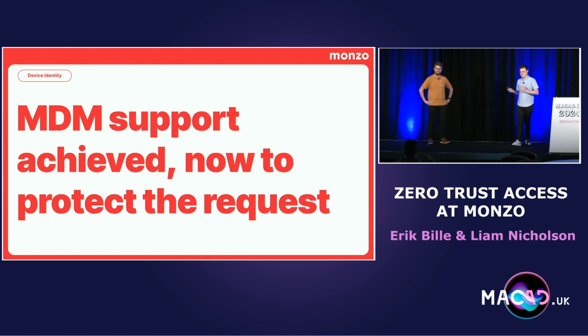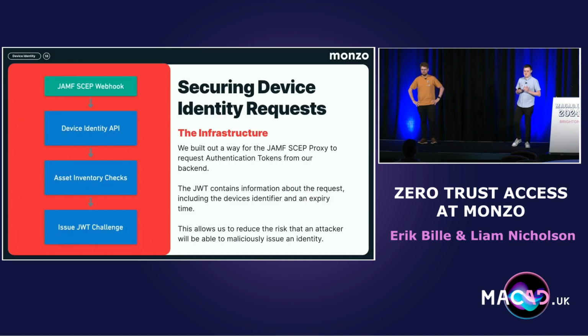Yeah, so thanks to Erik and the TechOps team, we now had support for those dynamic challenges through the SCEP proxy functionality of Jamf Pro. This ultimately means that we can issue a different challenge for every device, really simply. When Jamf is about to push the SCEP profile to a macOS machine, they send a webhook to Monzo's backend, and that goes through an API infrastructure to start with to receive that from Jamf before we run an asset